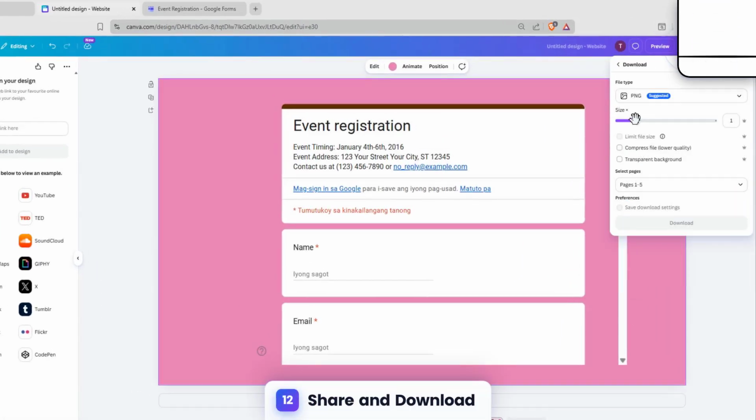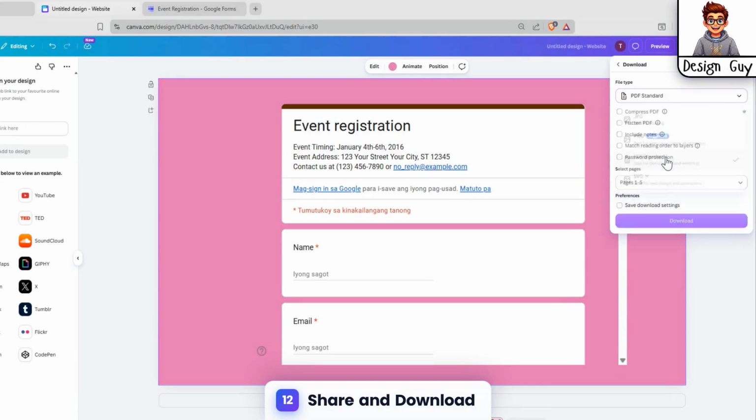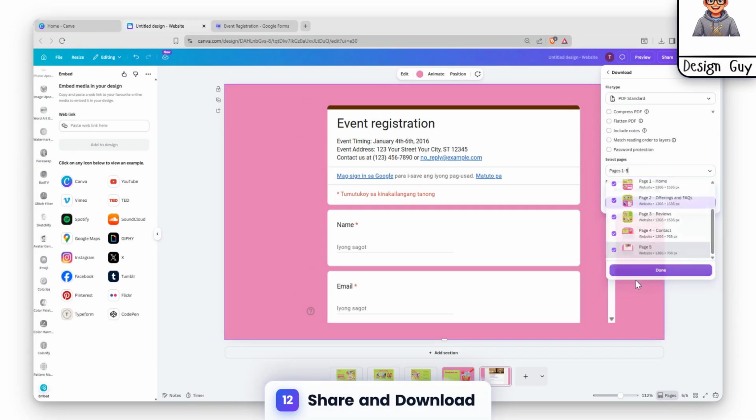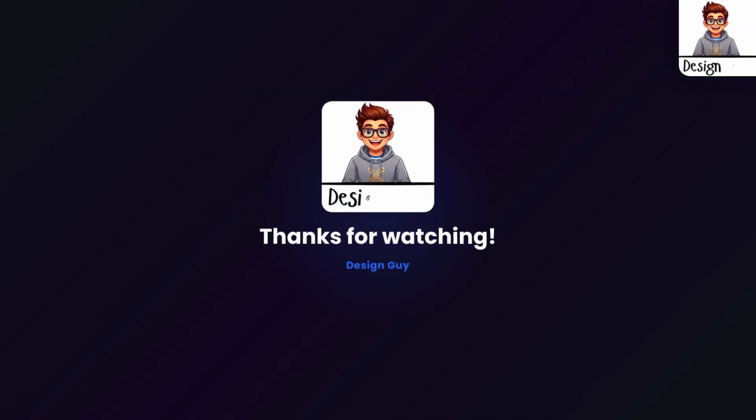Click Share, then Download. You can resize, set PDF standards, and ensure all pages are selected before clicking Download. Now you know how to build a landing